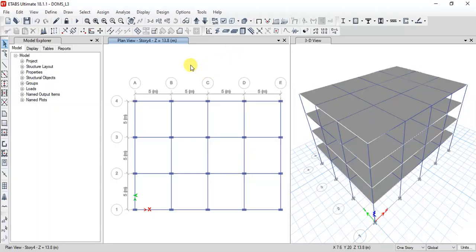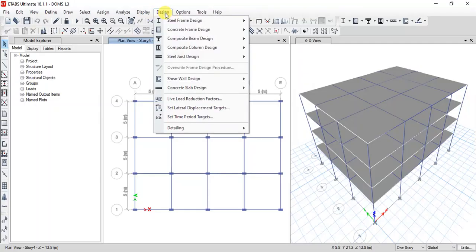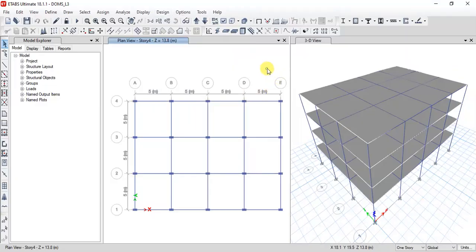So today we are going to do analysis, and we are going to learn how to see the bending moment and shear force diagram, and how to take the values in table format. Also we'll be looking into the design aspects. So we are going to complete the analysis and design of a multi-story building.